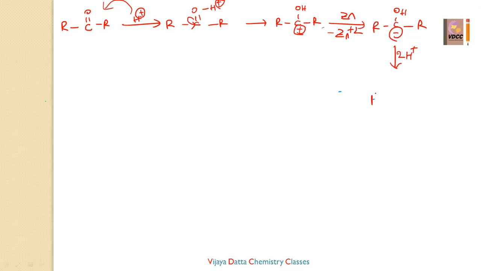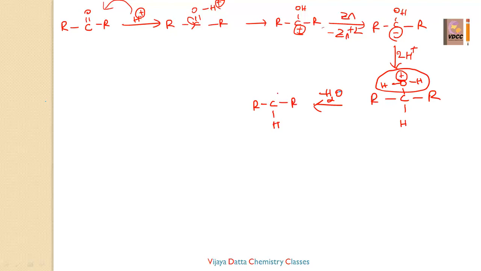One hydrogen comes and shifts to this carbon, and one more hydrogen comes to the oxygen, but oxygen cannot have three bonds, so the oxygen gets the positive charge. When oxygen has three bonds, it is highly unstable, so immediately it leaves as H2O, minus H2O. Then we get R-CH(+)-R with the carbon bond breaking, and the carbon gets a positive charge.